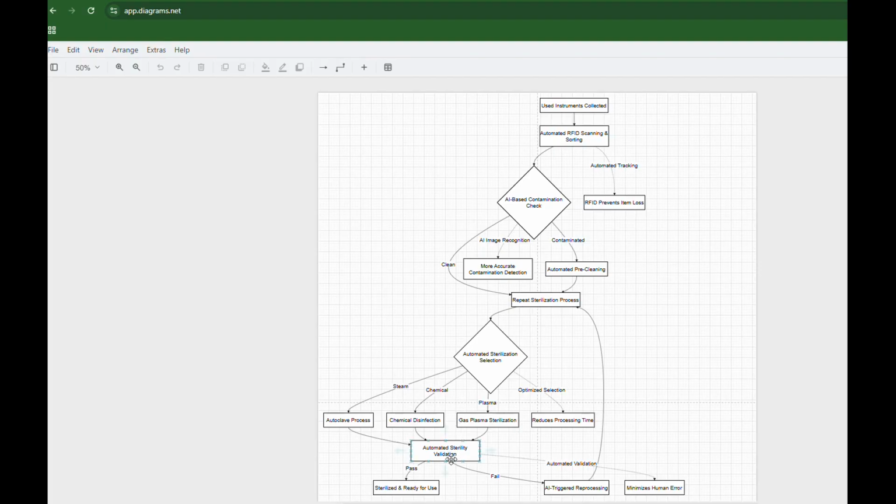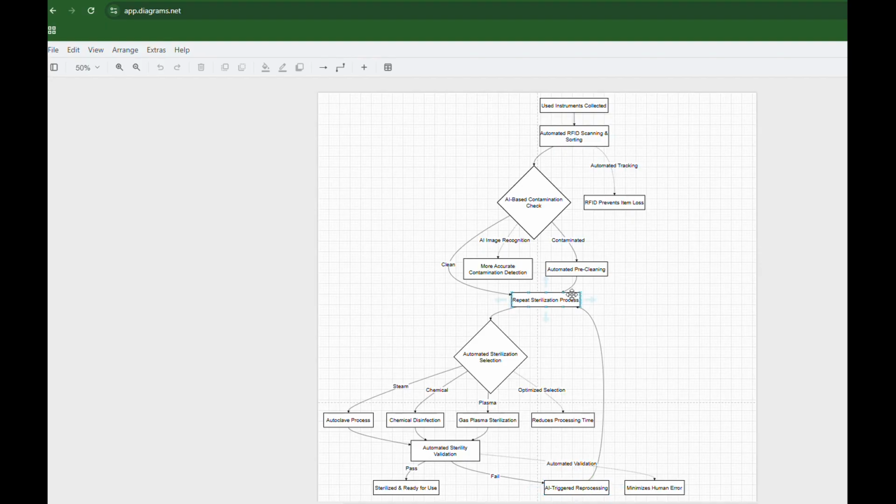Automated sterility validation happens here. AI-based validation ensures sterility is achieved. If it passes, sterilized and ready for use. But if it fails, an AI triggered reprocessing happens here, which automatically detects failures,